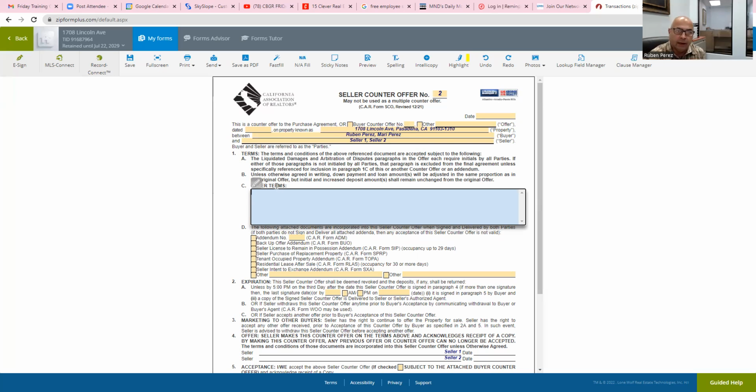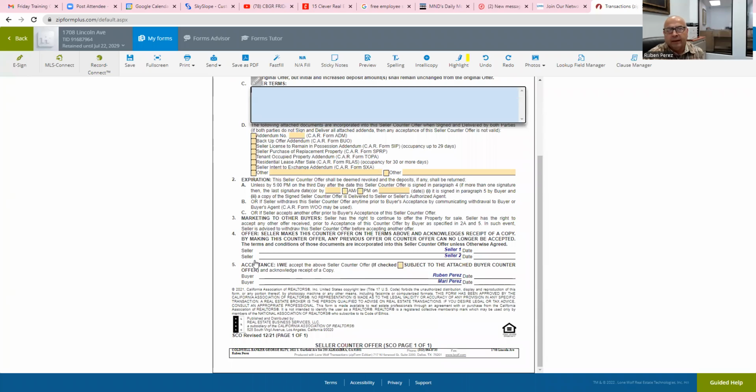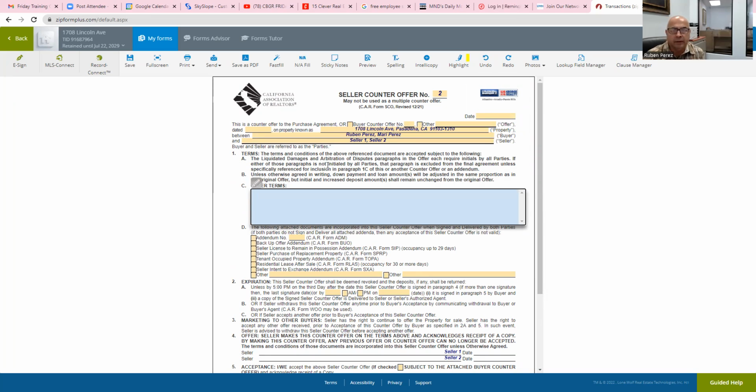Pretty basic. I just wanted to go over that because we were having a few calls from agents who were confused about how it works and what the protocol is here. Again, it's not that valuable for certain agents, but it is helpful for some. So as time goes by, we want to go through all the forms so everybody understands all the forms. Next week, we're going to be going over the request for repairs, which is kind of similar to this. It's back and forth,